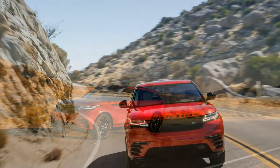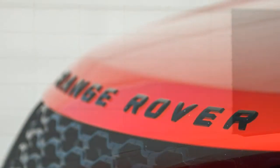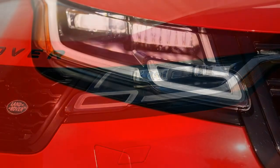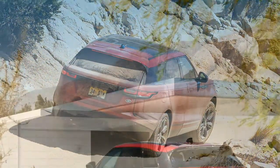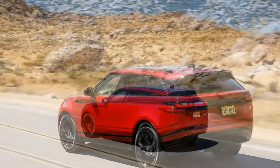Of course, our example of the Velar aerodynamic wasn't left in base configuration. It was salted with extras including $3,050 for 20-way adjustable heated and cooled seats with driver and passenger memory, the $1,840 full extended leather package, the $1,495 Drive Pro package, including a driver alertness monitor, traffic sign recognition, adaptive cruise, lane keep assist, and blind spot monitoring, and $870 for four-zone climate control as well as a cooled, lockable glove box,